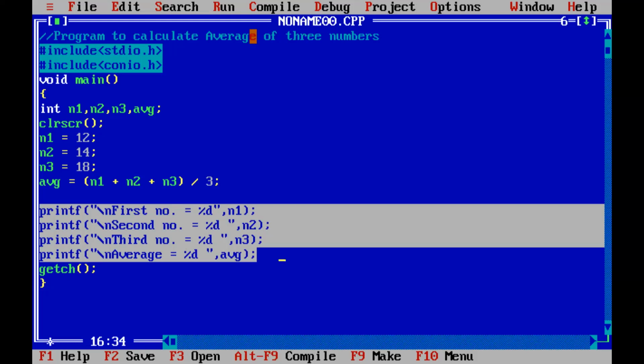Okay, now after getting input, we perform certain kind of processing. And just you can see in calculation of average, it is a kind of processing statement, where these three values are added, and after this the sum is divided by 3 and it is stored in one of the variables as a result. Okay, and the last thing here I have done is to display all these values on the output screen.